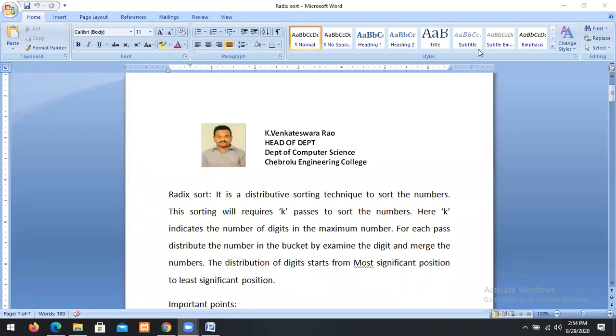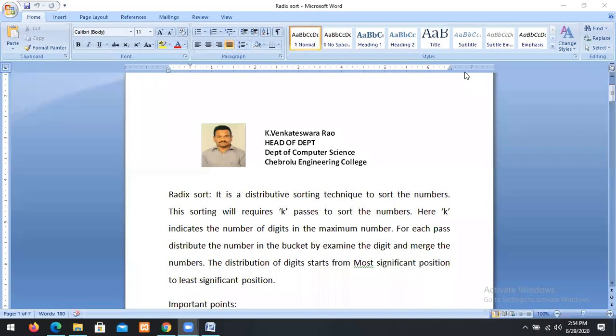For example, 244 is the maximum number, then 244 has 3 digits, so it has 3 passes. For example, 4568 is the maximum number, it has 4 digits, so it requires 4 passes. So the number of passes depends on the number of digits in the maximum number.